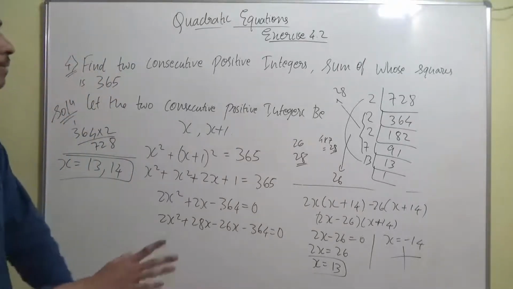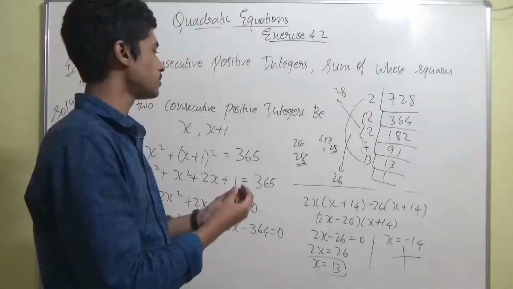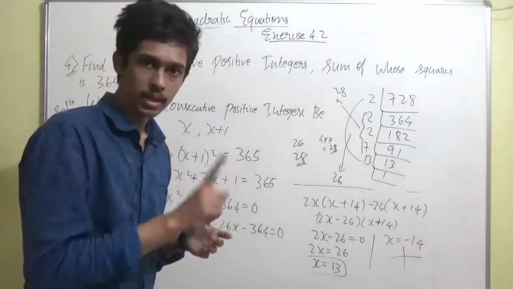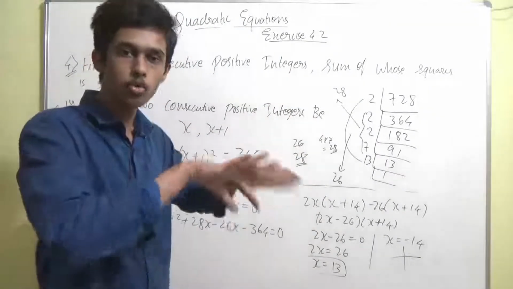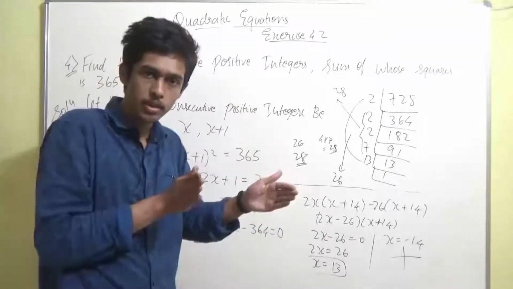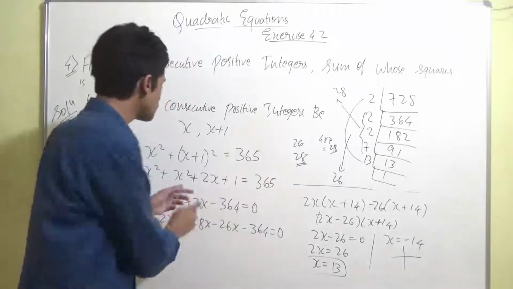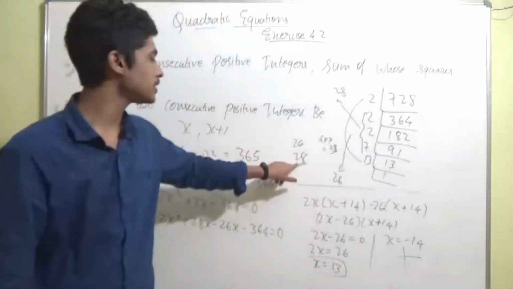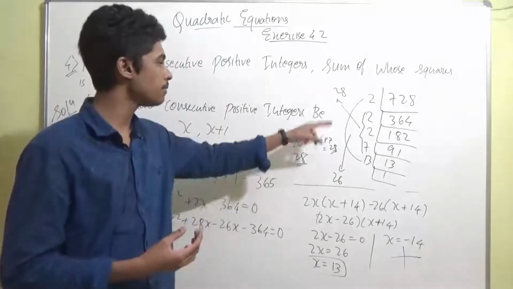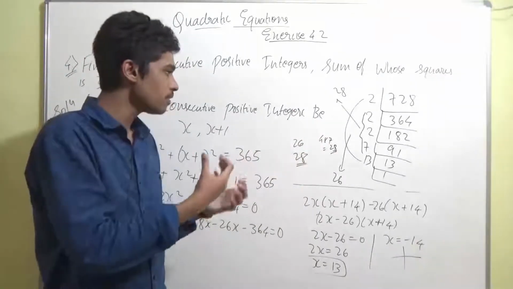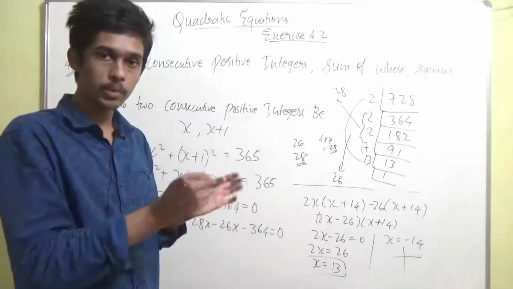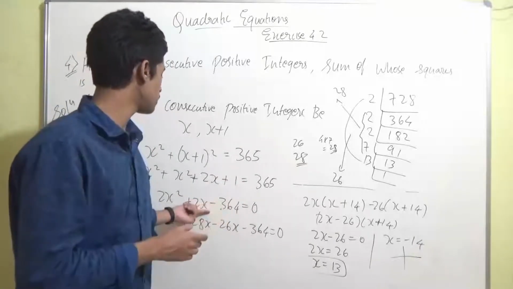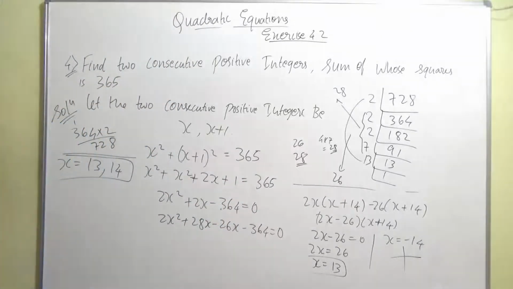The only tricky part is taking the factorization and knowing the terms. You have to club them in such a way that, see, one term you are splitting into two terms. That is called splitting the middle term. So you are going to club all the factors in two parts, getting it? All the factors you are going to split in two parts, in such a way that the difference between those two clubbings is going to give you the middle term. That is 2. So we found 26 and 28, the difference is 2. That's the point, guys. That's it. Now you can take this.